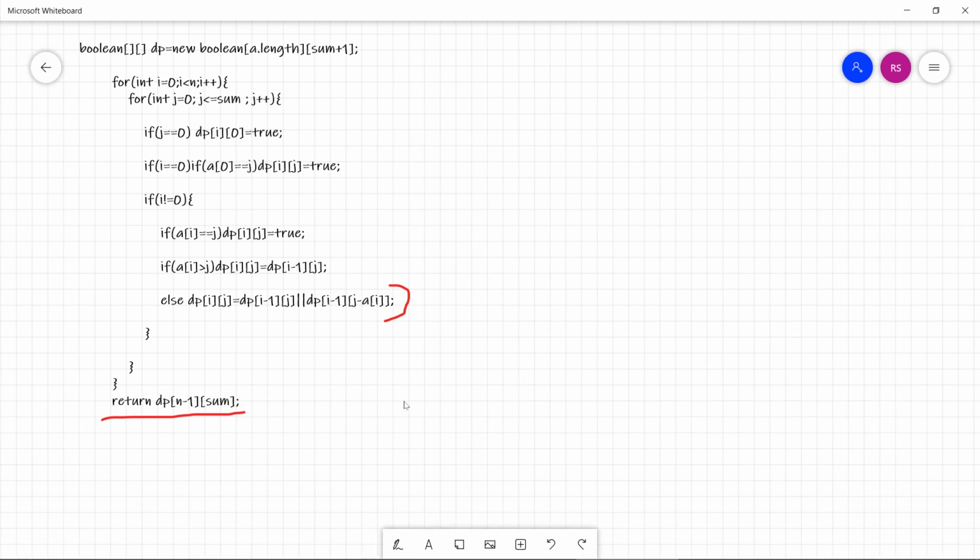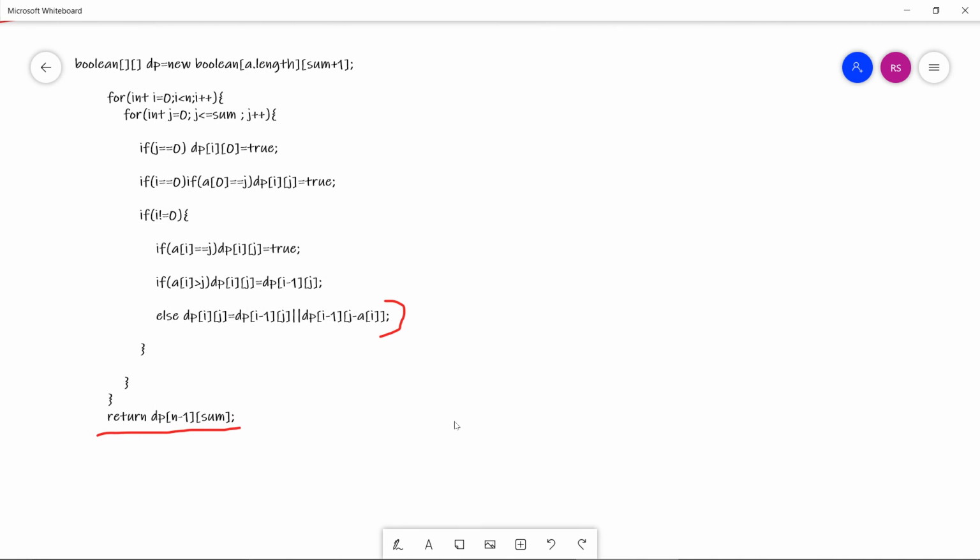Now comes the complexity analysis. If we apply the brute force technique, the complexity would be n to the power n.